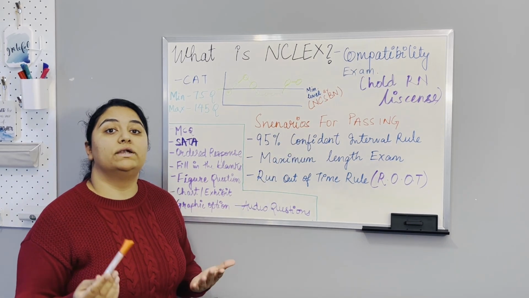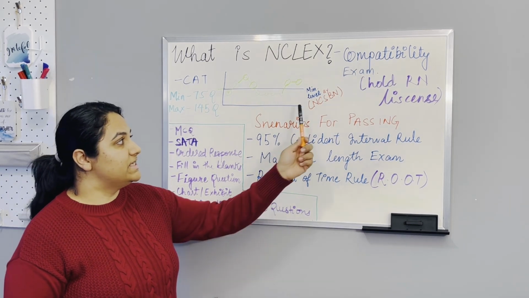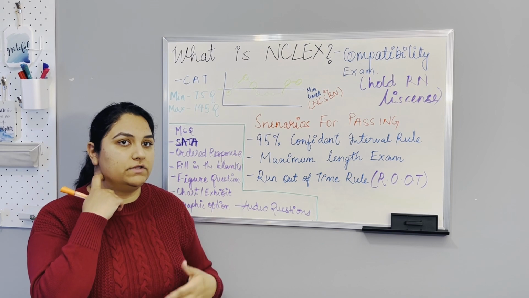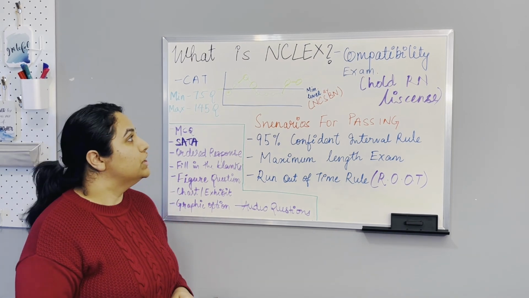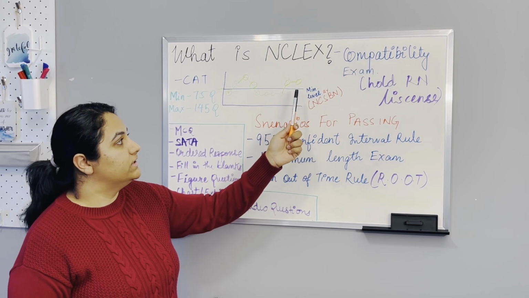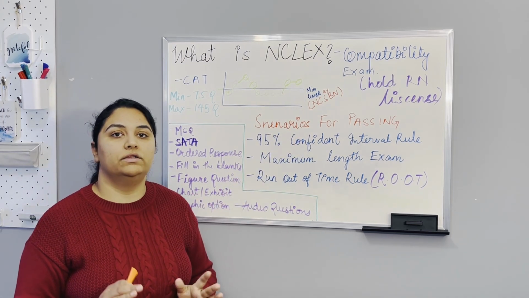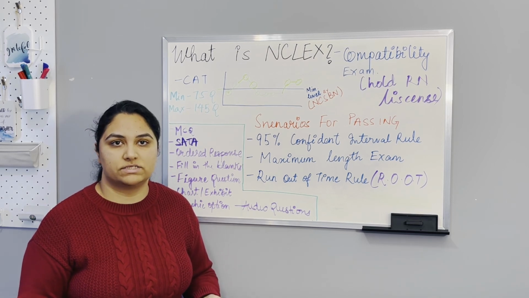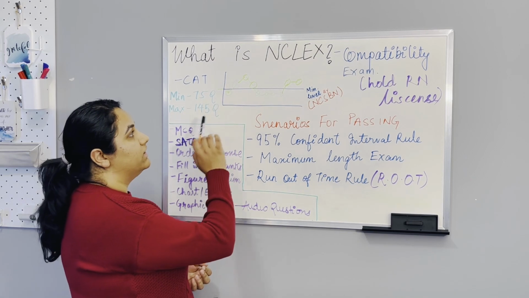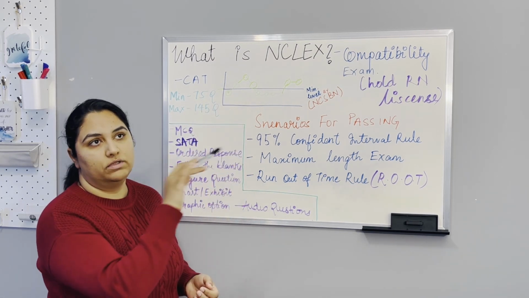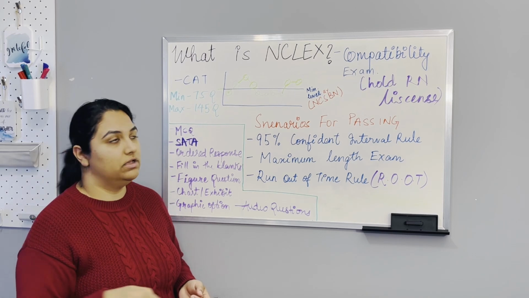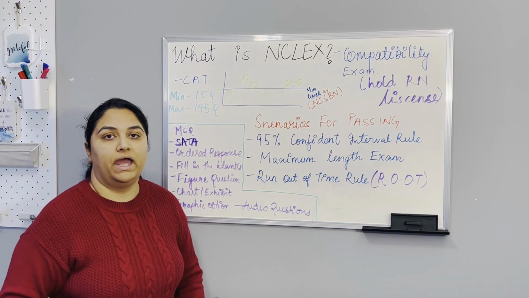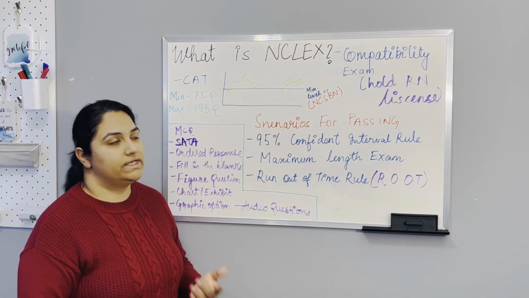So what is NCSBN? NCSBN is the body that makes the NCLEX exam, that gives the questions for the NCLEX exam. So this blue line is the minimum level for a nurse. This is the level at which they should be able to answer correctly. When you're given a question that is easier than the minimum level, a correct answer will take the graph in the upward direction,